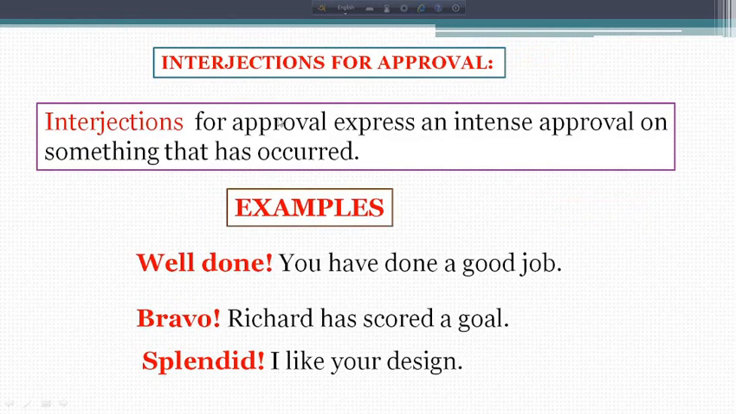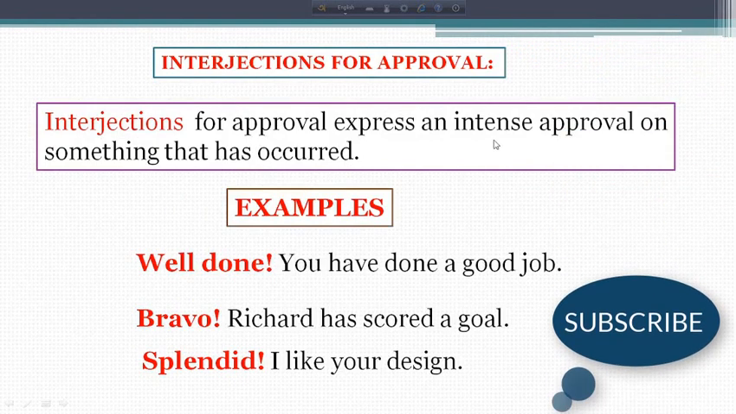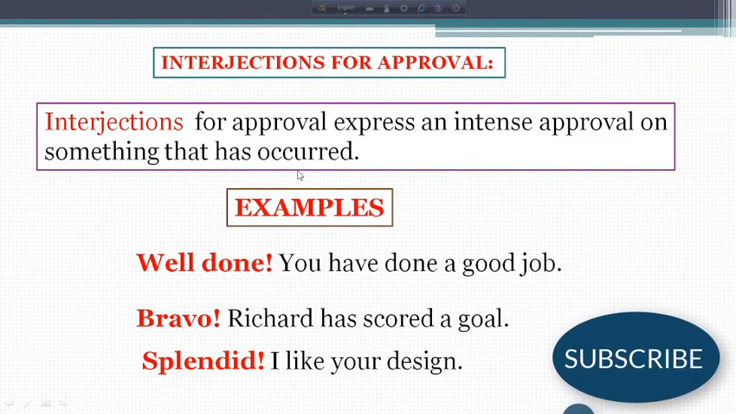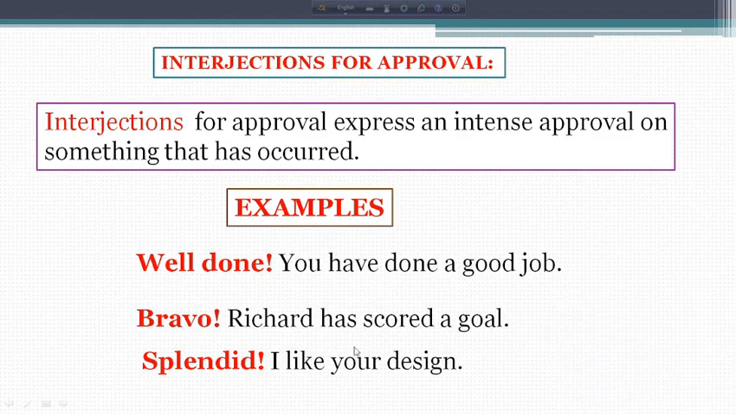Interjections for approval. Interjections for approval express an intense approval of something that has occurred. Example: Well done, you have done a good job. Bravo, Rahim has scored a goal. Splendid, I like your vision. Well done, bravo, splendid express approval of